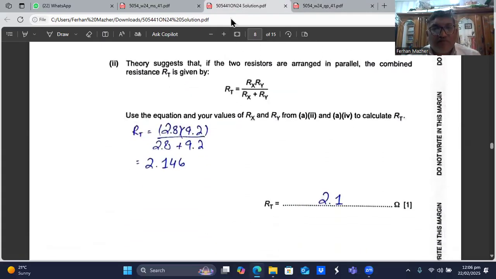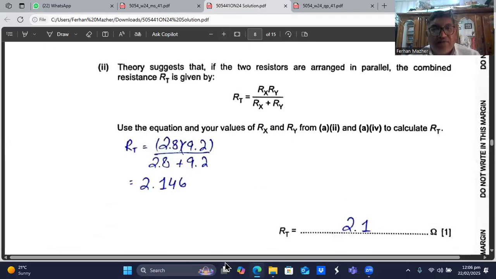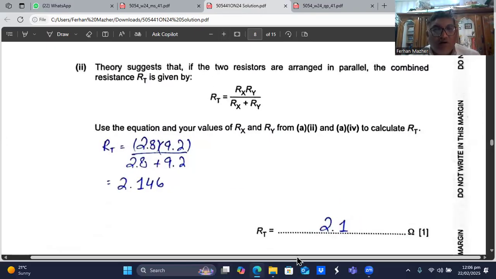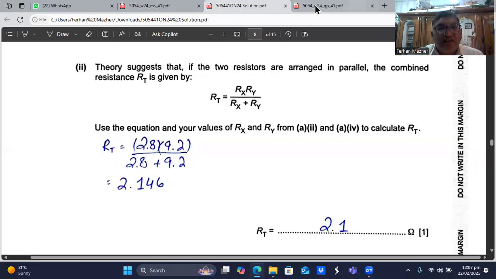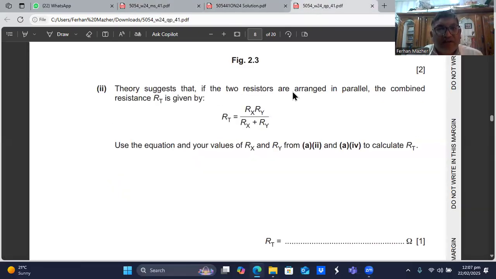So here we go. We have 2.8 into 9.2, divided by, in the denominator, 2.8 plus 9.2. This is the value of Rx and this is the value of Ry. So you will get 2.146, which is approximately 2.1 ohm. 2.1 ohm, and our answers are right. So then we have,